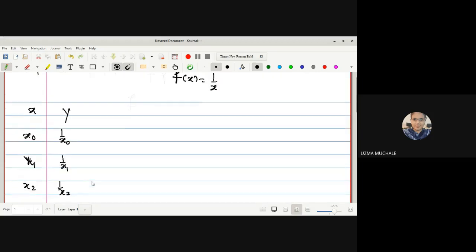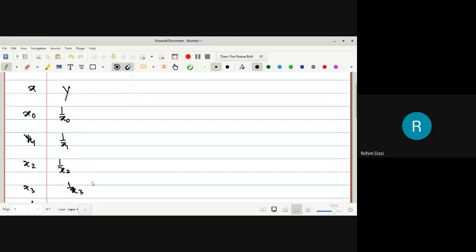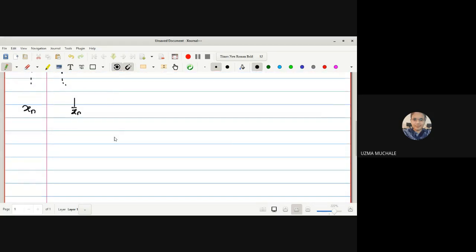Have you understood up to this? Yes, ma'am. Okay, what you have to do is find out the first divided difference. Here is the first divided difference, second divided difference, and so on. You can have the nth divided difference. So how to find out the first divided difference? Let me show you the first one. The first divided difference y of x1, x0 is y of x1 minus y of x0, divided by x1 minus x0.